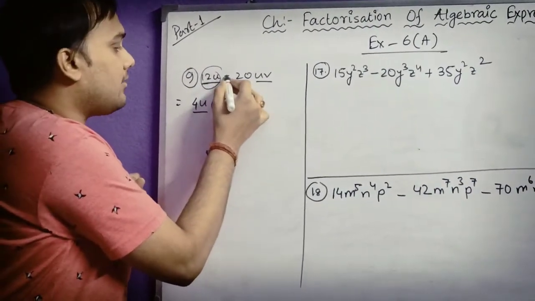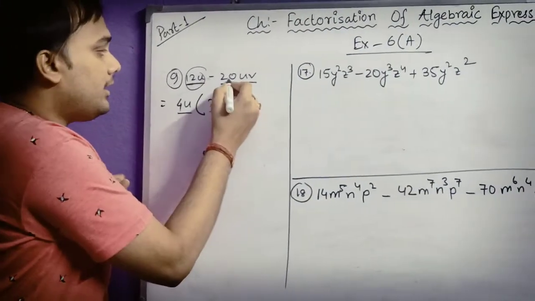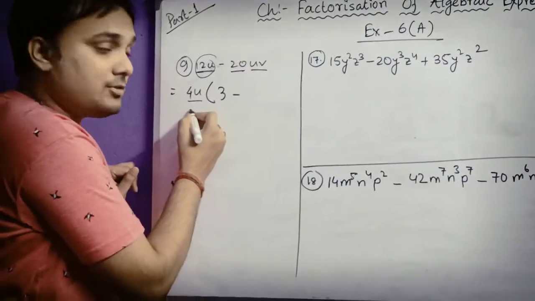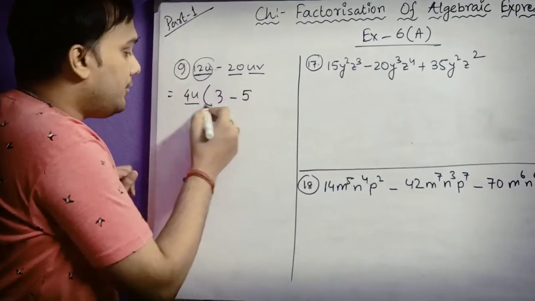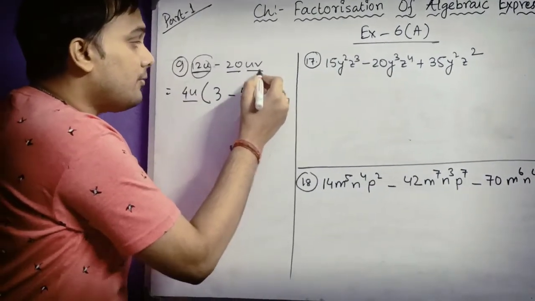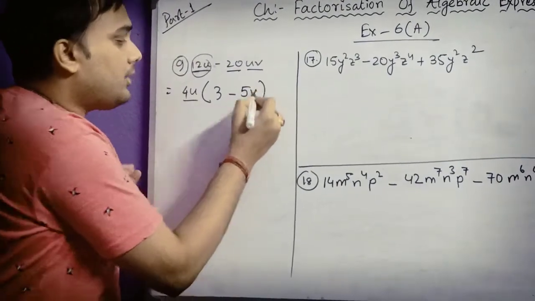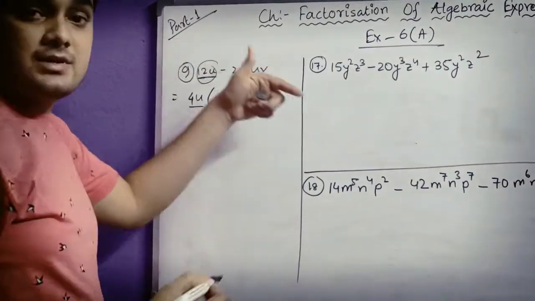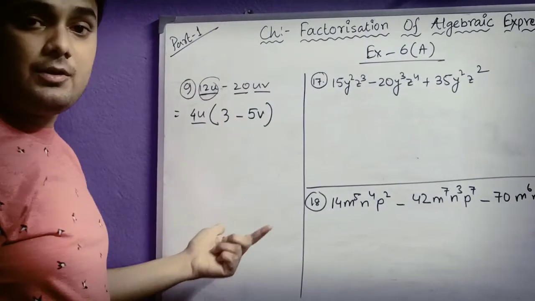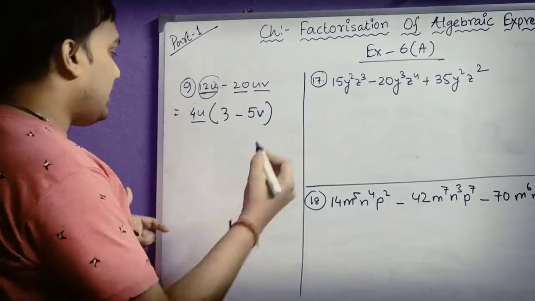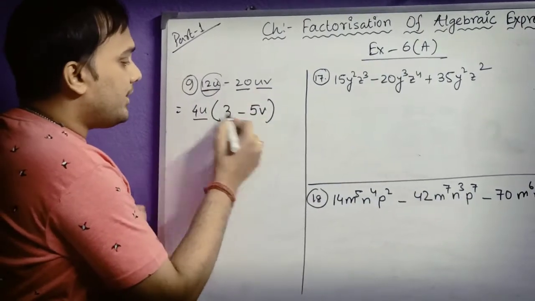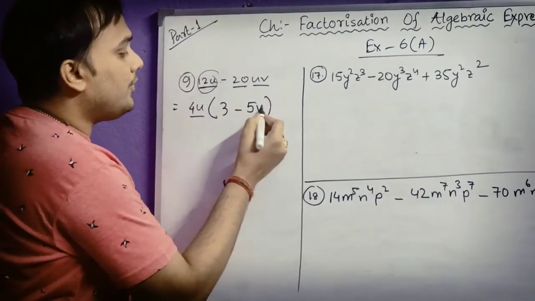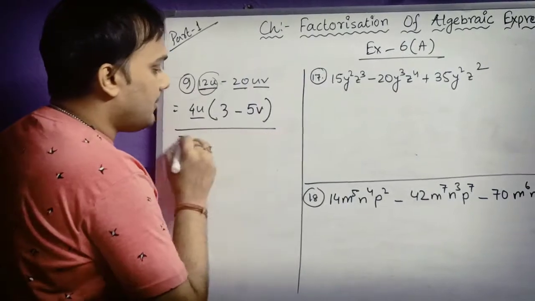And then which sign is here? Minus. I will write minus. And then 20 is here. I have already taken 4 outside, so I will write here 5, because 4 into 5 will give you 20, and u is already outside, so whatever remains is v. You can cross check the previous step, and in that way you can check whether your answer is correct or not. Like you can see here, 4 into 3 is 12u, then minus 4 into 5 is 20, and then u into v is uv. So this is your final answer.